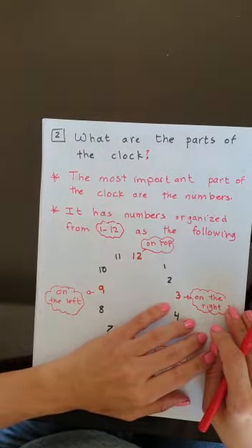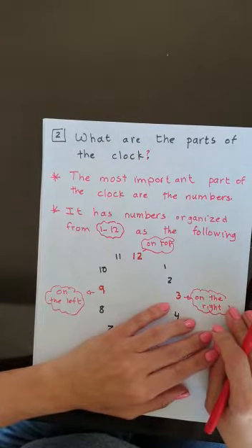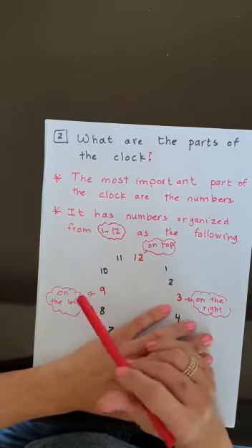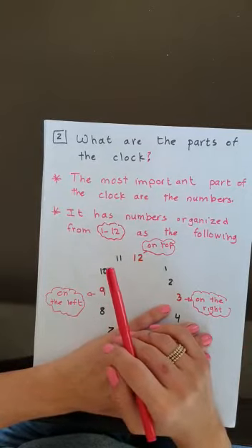What are the parts of the clock? The most important part of the clock are the numbers. It has numbers organized from 1 to 12 as the following. When you start